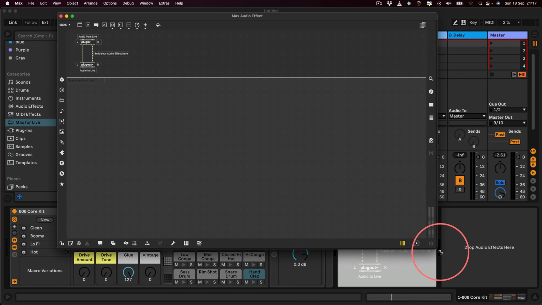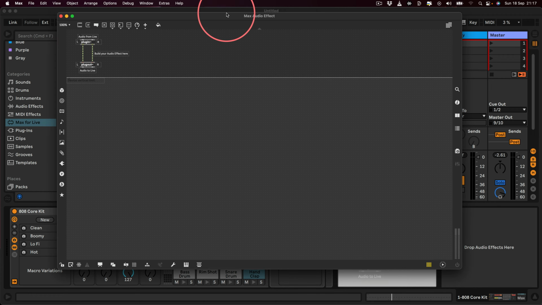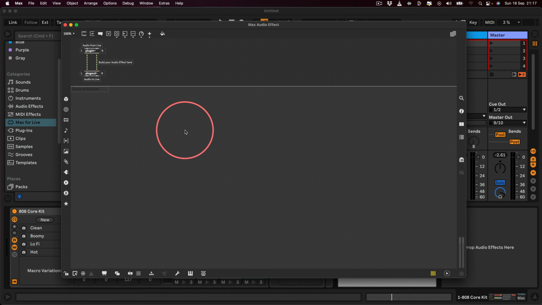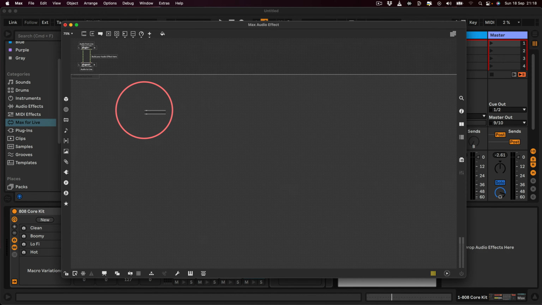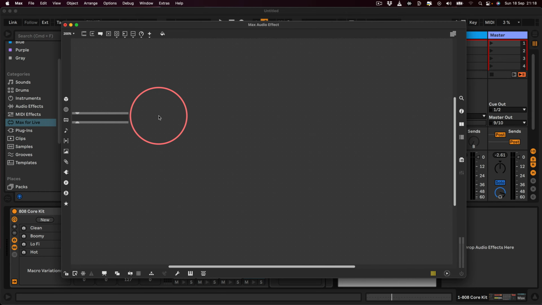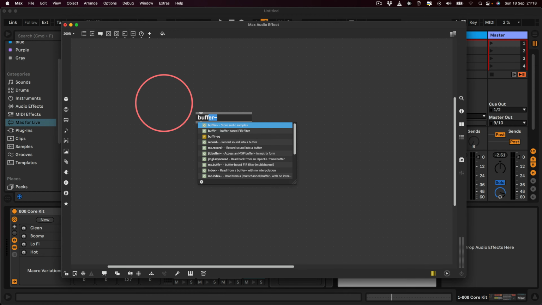So let's open Max. I've created a new Max audio effect and we're going to need to do a couple of things. We're going to need to zoom in and then zoom right back out. So we're going to need to make a buffer, and we need to give the buffer a name. And I'm going to name it